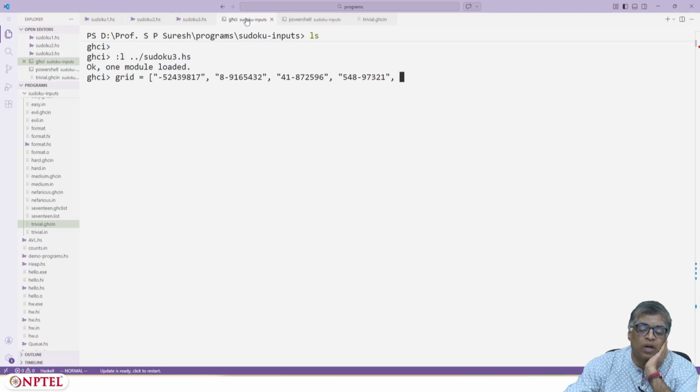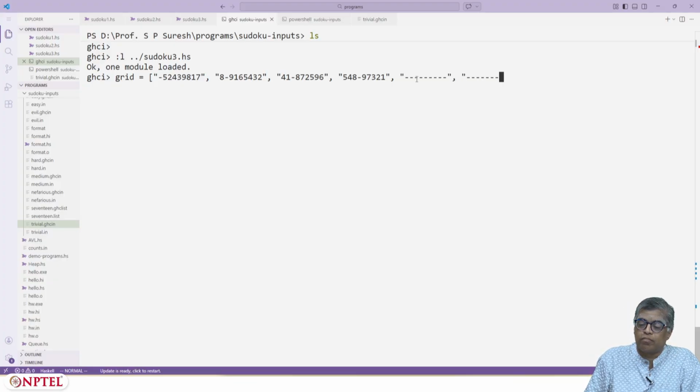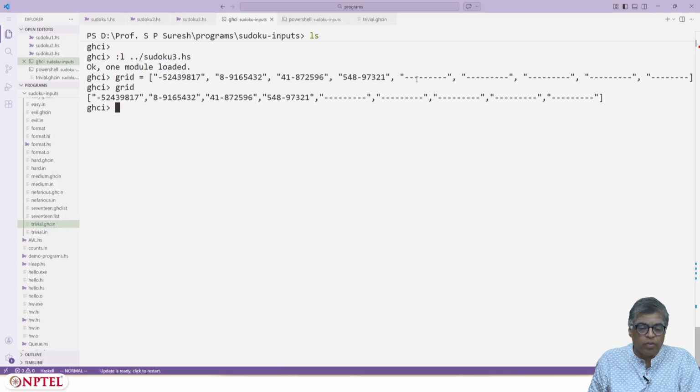And actually this is already 8 into 4, 32 entries. So if I want, I can leave everything empty, 0 0 0 0 0 0 0 0. Let's try if this works. Okay, that's my grid. And then I can do solve grid.